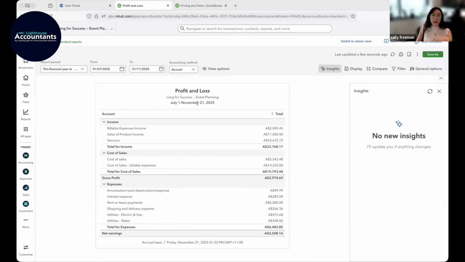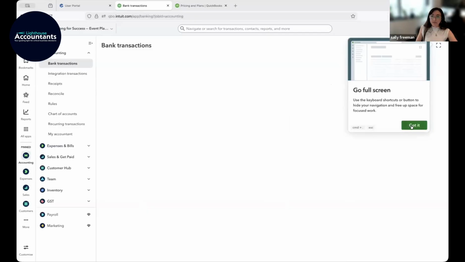So if you're running a last month one, it'll tell you what your month of October looked like. If you're looking at this quarter, then it will tell you what's happening in this quarter. If you're looking at last quarter, it'll then run an analysis on last quarter. So make sure you have a look at that insight tool and see if you find any of that information informative. And then if we go back to our bank transaction area,